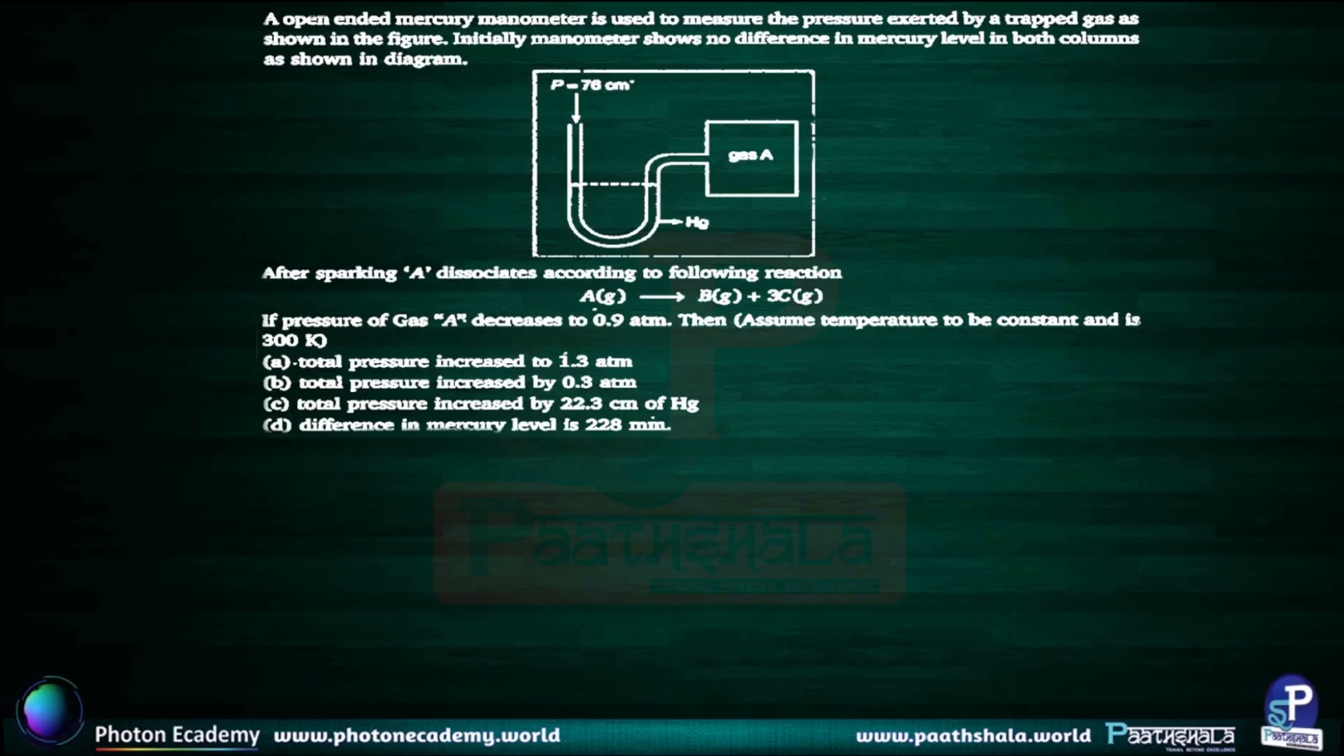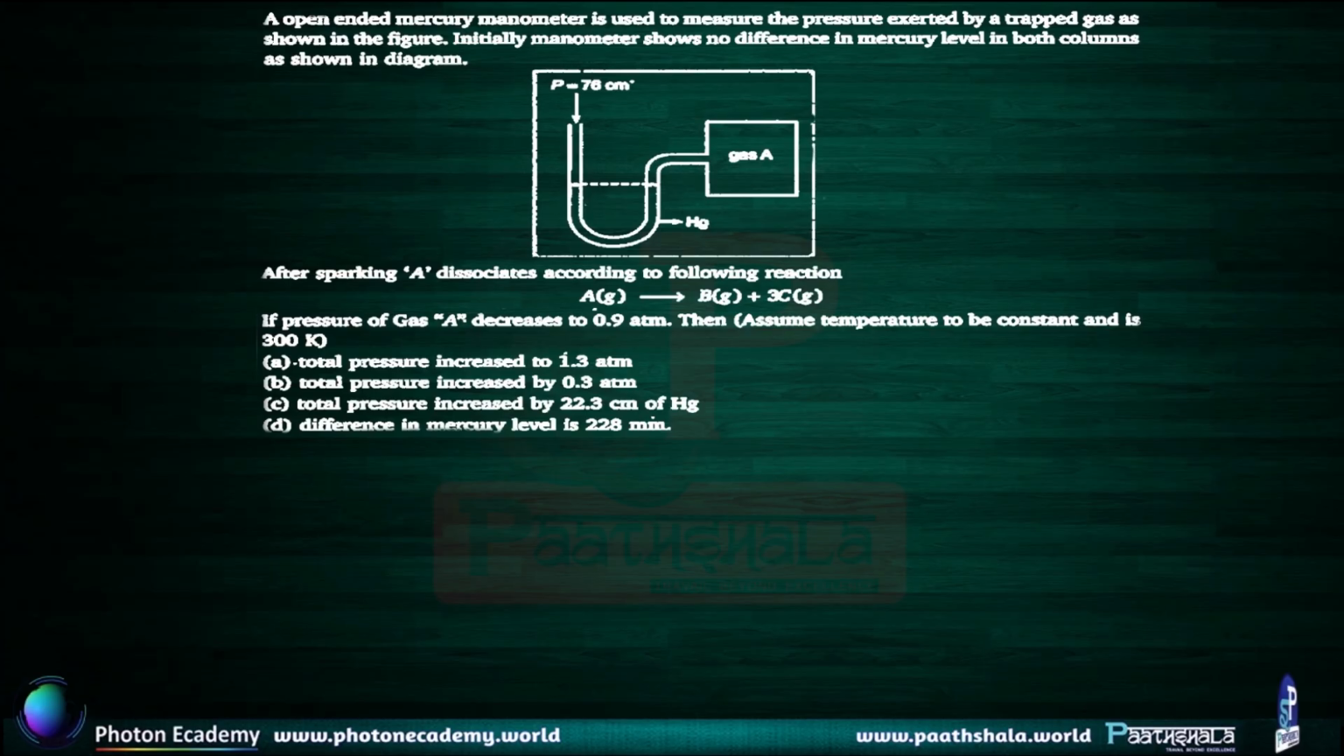An open-ended mercury manometer is used to measure the pressure exerted by a trapped gas as shown in the figure. Initially, the manometer shows no difference in mercury levels in both the columns, as shown in the diagram. After sparking, A dissociates according to the following reaction: A forms B plus 3C. If the pressure of gas A decreases to 0.9 atm, then assume the pressure to be constant and temperature to be